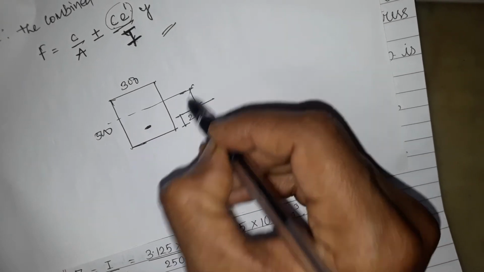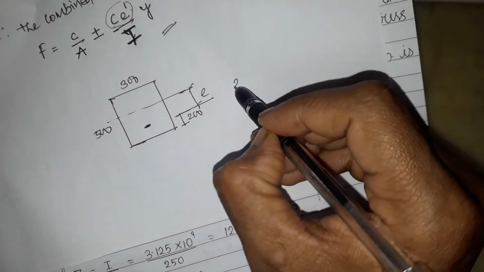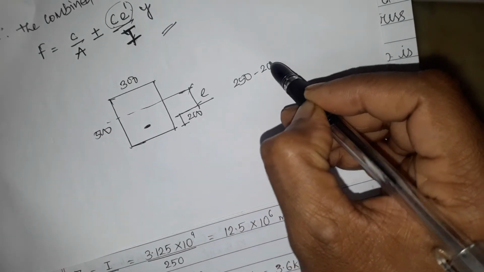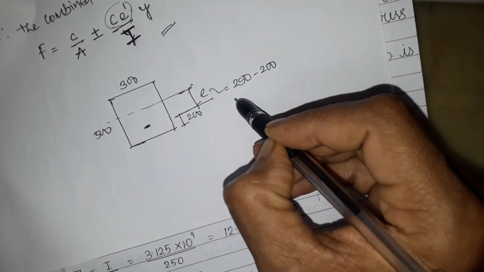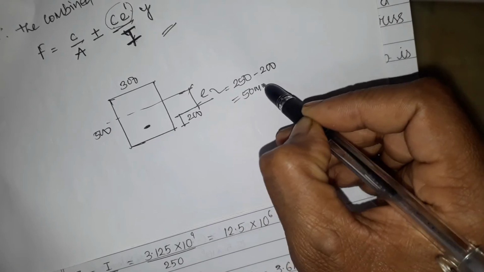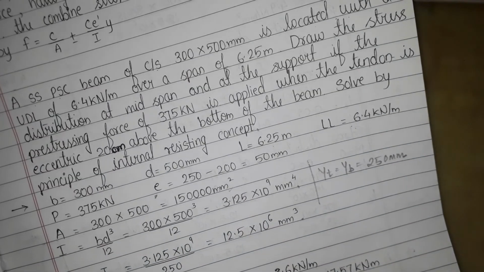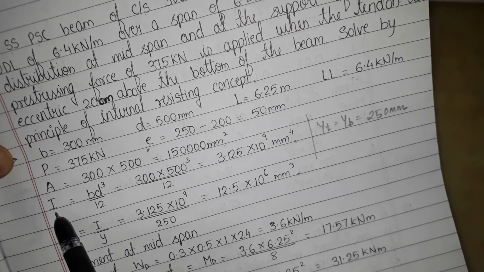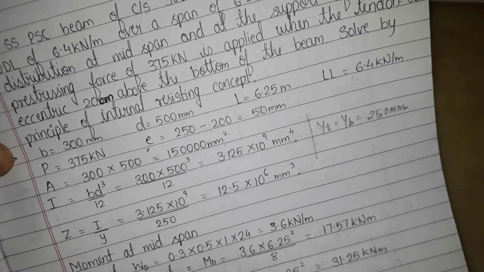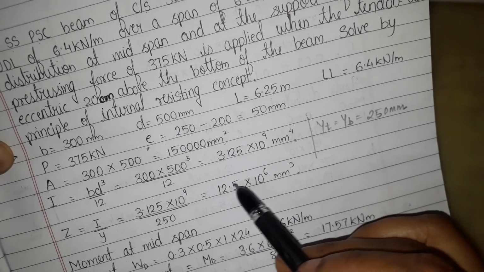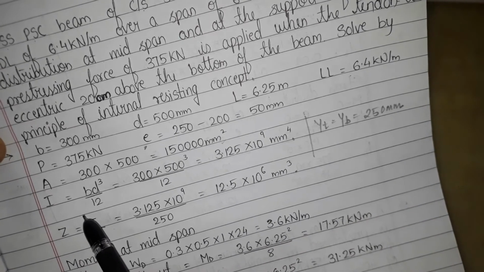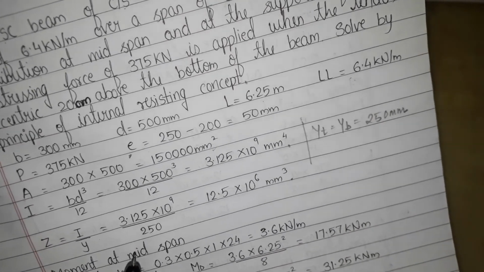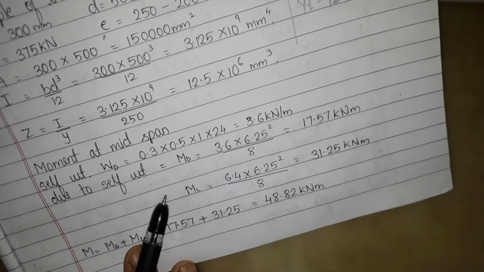What will be E? E is 250 minus 200. Correct? So E is 50 mm. Understood? So area, then you can find out I, BD cubed by 12, Z, I by Y, everything. So therefore you will get the properties like moment of inertia and section modulus. Then we'll calculate the other